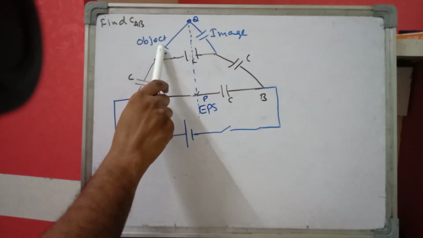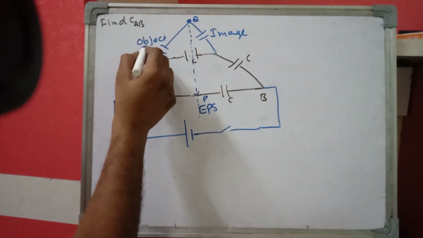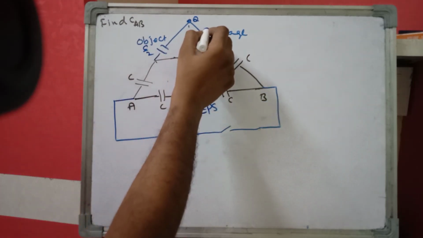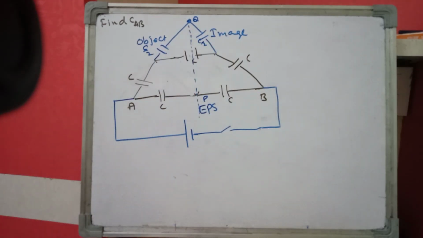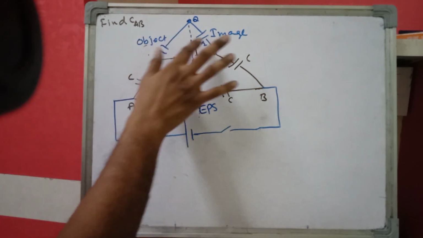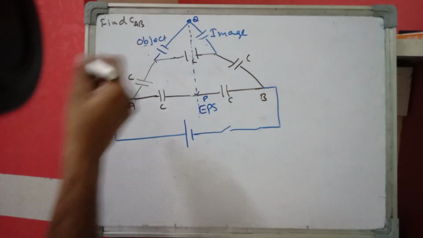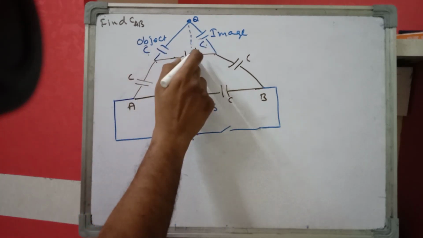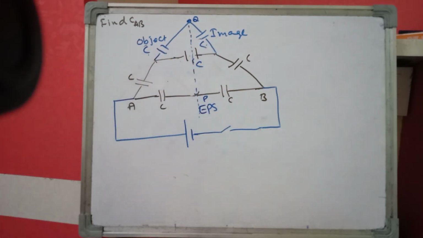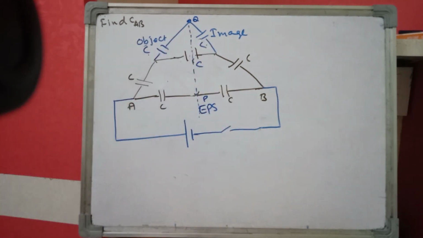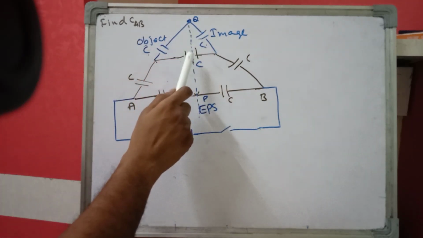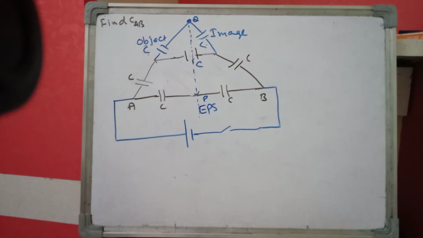Suppose its capacitance is C by 2, or otherwise, the choice is yours. Let us say C, no problem. Its capacitance is C, its capacitance is C. All capacitors are identical. Now as these two are in series, what is the effective capacitance of these two? C and C in series give C by 2. That C by 2 is in parallel with this one, meaning C plus C by 2, which is 3C by 2.